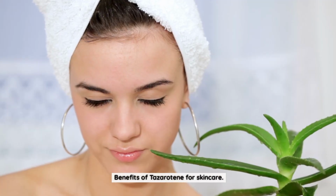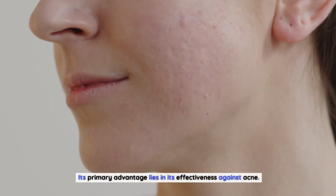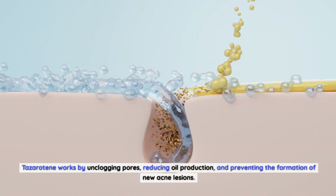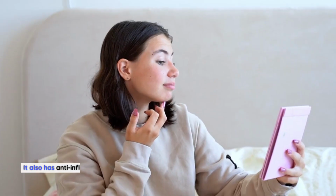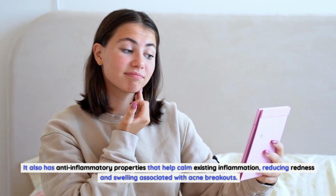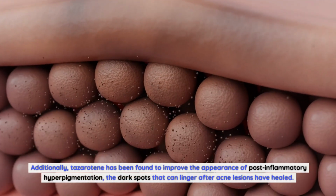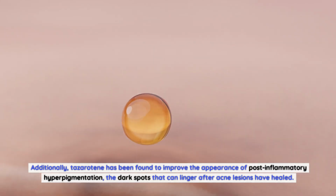Benefits of Tazarotene for skincare. Tazarotene offers several benefits for skincare. Its primary advantage lies in its effectiveness against acne. Tazarotene works by unclogging pores, reducing oil production, and preventing the formation of new acne lesions. It also has anti-inflammatory properties that help calm existing inflammation, reducing redness and swelling associated with acne breakouts. Additionally, Tazarotene has been found to improve the appearance of post-inflammatory hyperpigmentation, the dark spots that can linger after acne